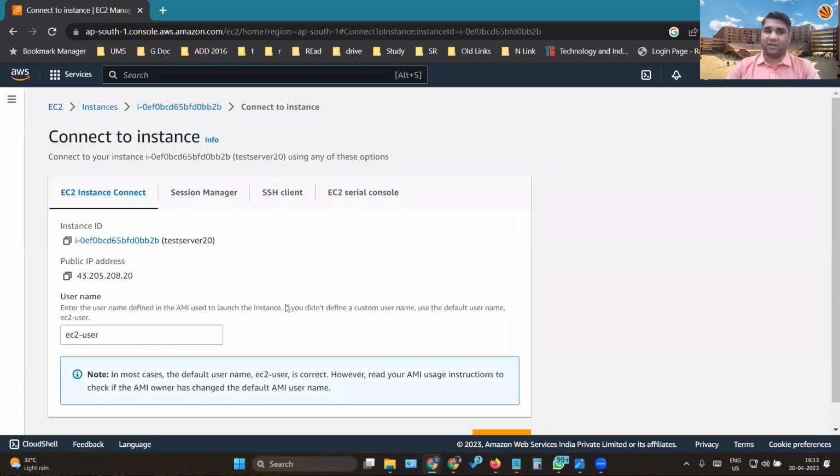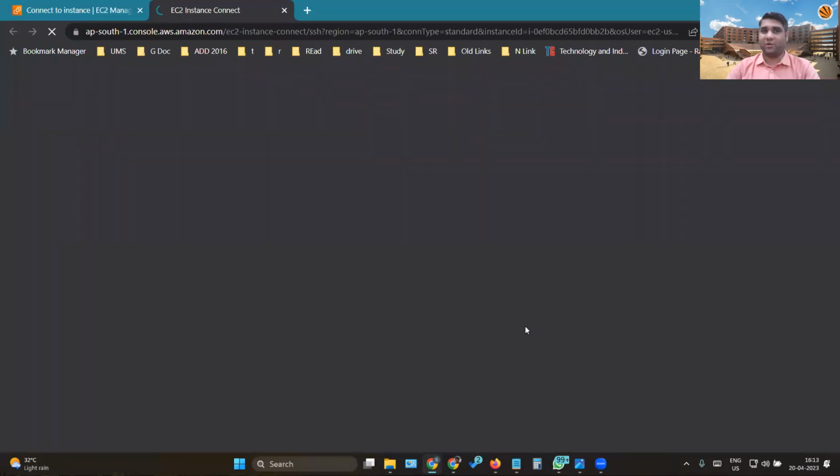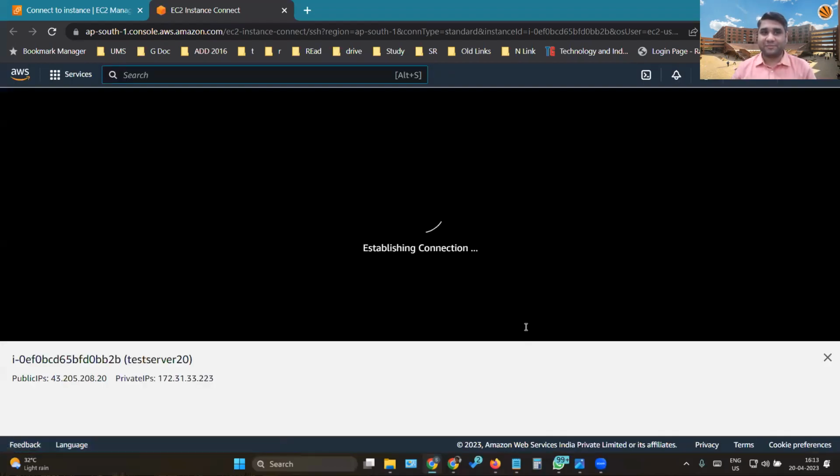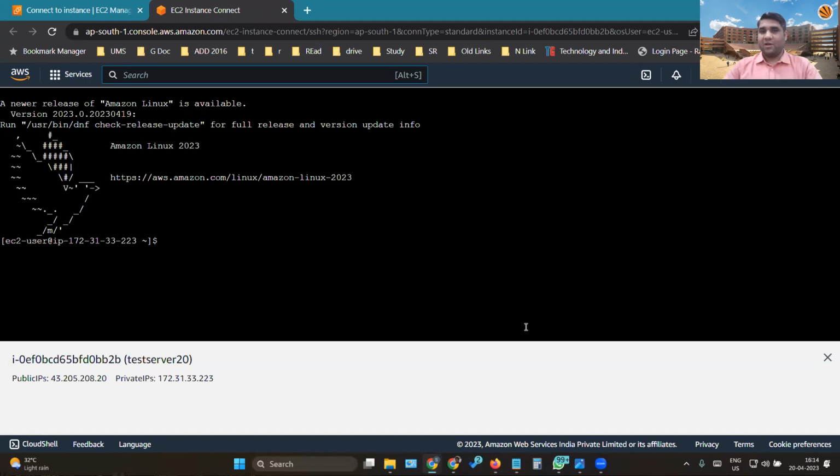As soon as I click on connect, it comes up showing that this is the public IP. I want to connect. Yes, I want to connect to it. It takes me to a new interface. Now let's understand this interface. See, this interface is that new system which I have created. It's equivalent to a laptop with 1 GB of RAM and 10 GB of storage, which we just created with all those functionalities.